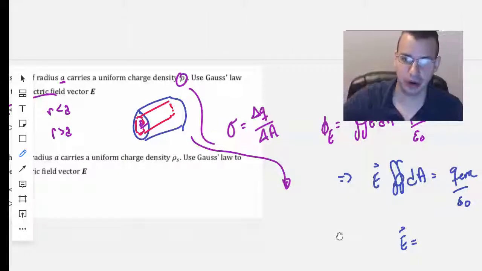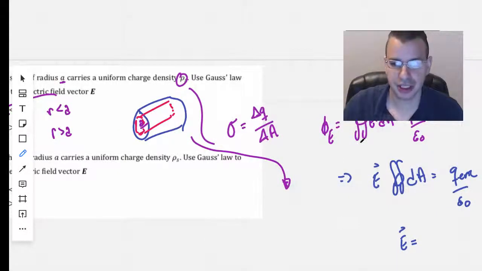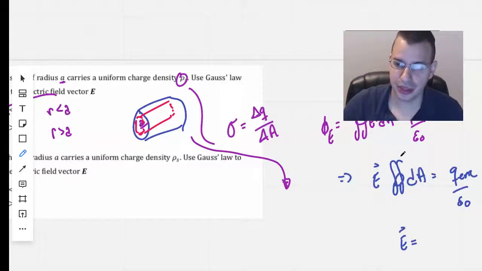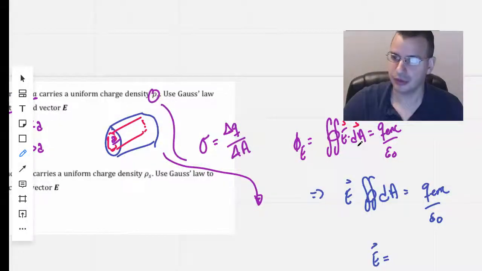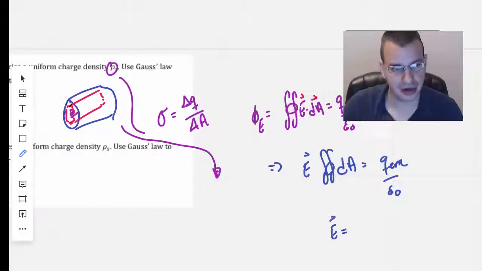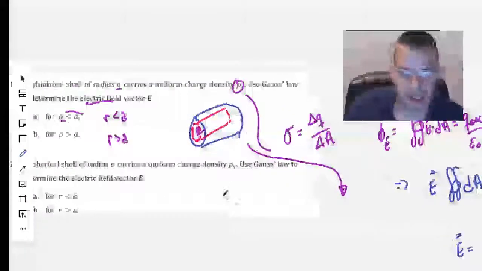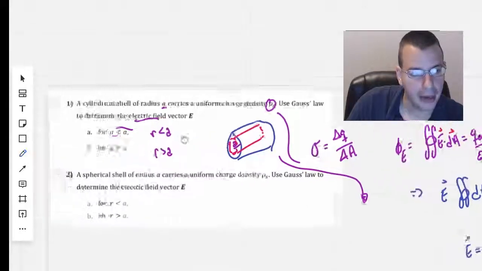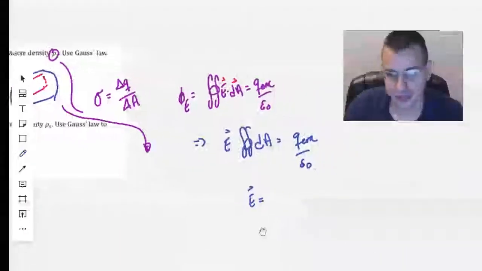It can be any shape you want, but we chose the shape so that the electric field is parallel with the dA vector, with the normal vector for the area. So it's a concentric shell. So we're going to find the area of this concentric shell where the radius of this concentric shell is less than A, less than the cylindrical shell that we're given. So we have